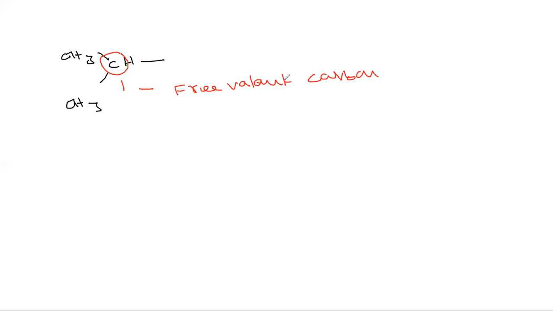This free valent carbon always gets number 1 in the case of substituents. See, for example, the same thing. So this is number 1, and this will become 2. So what is the name of this one? At the first position we have a methyl substitution, so the name is 1-methyl. And how many carbons do we have in the side chain? We have 2 carbons. So that's why 1-methylethyl. This is the name of this alkyl substituent. Like that, you can give the naming for a substituent also.